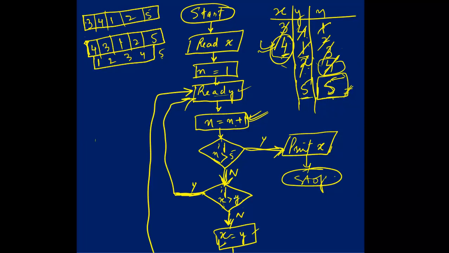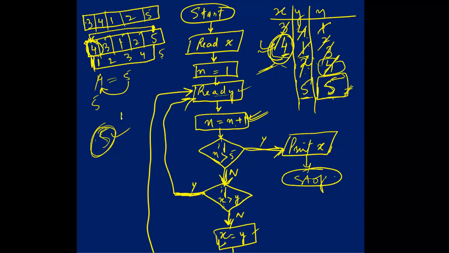So I am comparing if x is greater than, my x is 4 this time. This 4 I had stored earlier here. My x is 4, and I am comparing because it was smaller. This was also smaller than this 4, so we have not replaced it. Now here the time will come when it is 5 here. Here the time has come where we have to replace this x with this 5. This 4 should be replaced with this 5. This 5 will come here and it will become 5, so that we will get the greatest number 5.